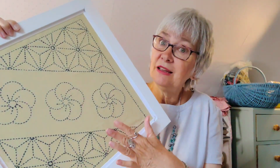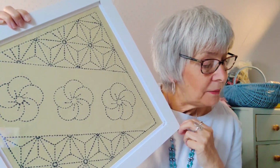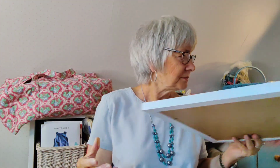So that's my Sashiko finished item. I think that's it on that one. So I'm pleased with that, and that's my Sashiko done for a while. I'll talk a little bit later on about what I'm aiming to do, but